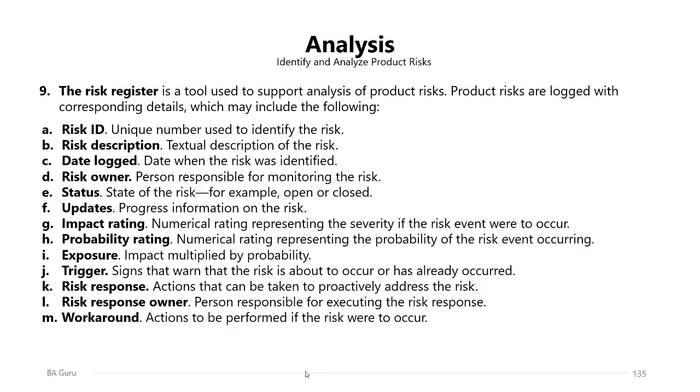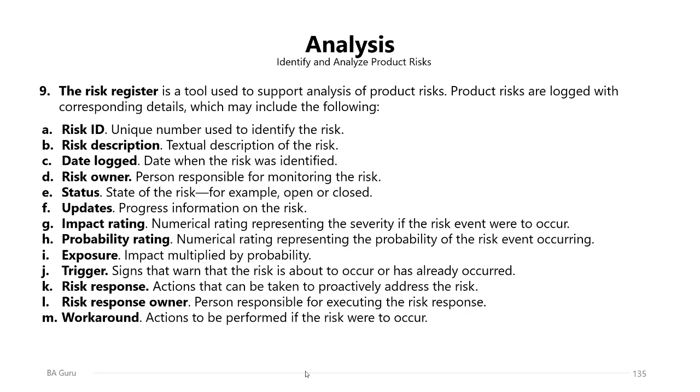Some of these details might include the risk ID, a unique number used to identify the risk; description, which is a textual description of the risk; date logged, when this risk was identified; risk owner, who is the person responsible for monitoring this risk and implementing the response when the risk occurs; the status, which is the state of the risk, either it's open or closed, for example; updates, progress information on the risk; impact rating, a numerical rating representing the severity if the risk event were to occur; probability rating of this risk, which is a numerical rating representing the probability of the risk event occurring;